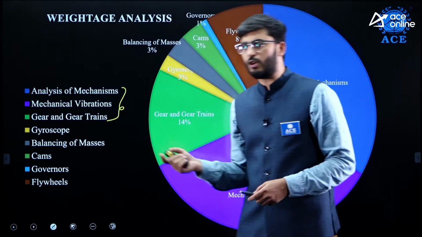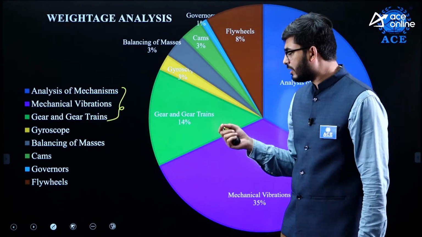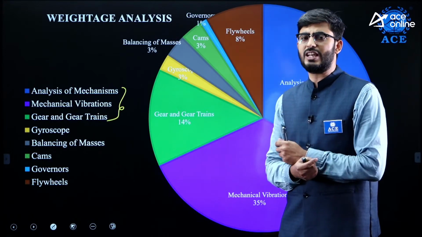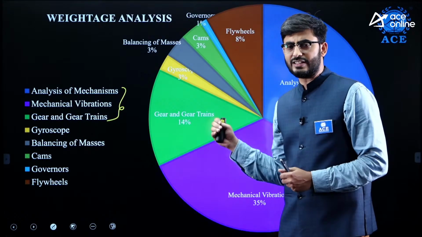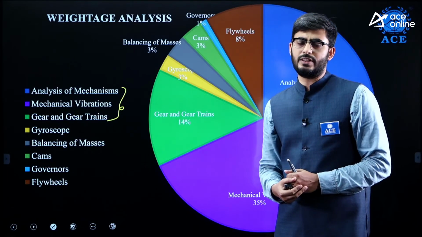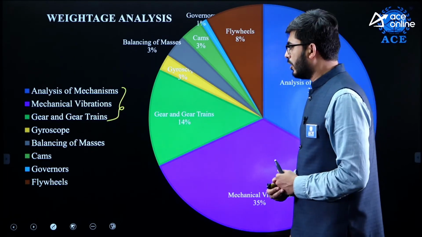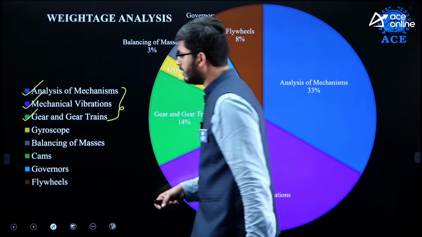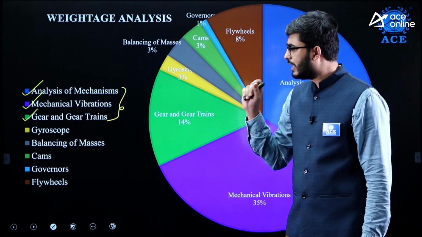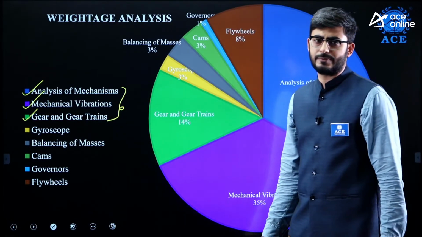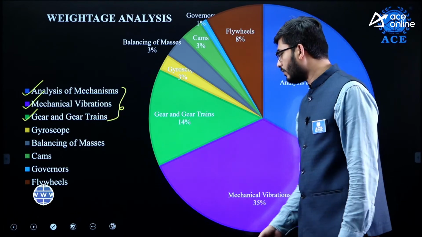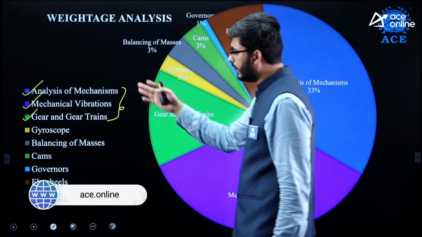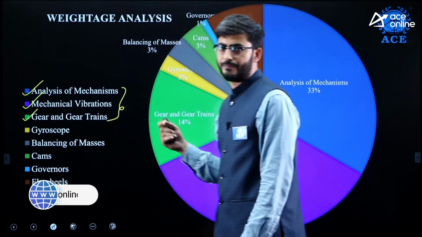Okay, and governors also have a very small number of questions. But the trend I can share is that last year there was a question from the governors, and even this year, the recent GATE paper also has a question from the governors. So here I would say these 3 are the most important ones. First you have to complete all these 3 topics and then you can move to the smaller ones. Okay. Now let us see what concepts we are going to study in all these topics.